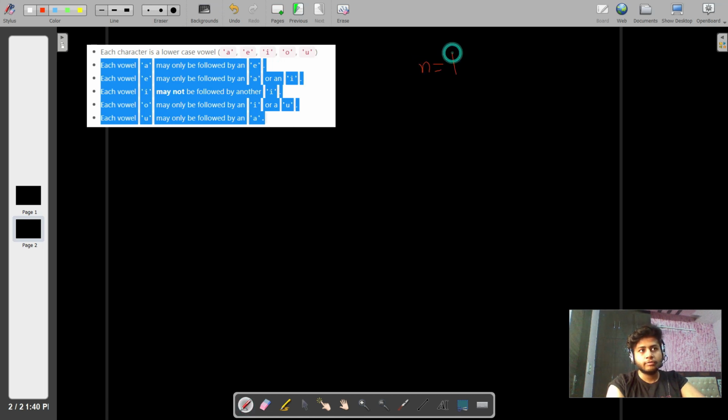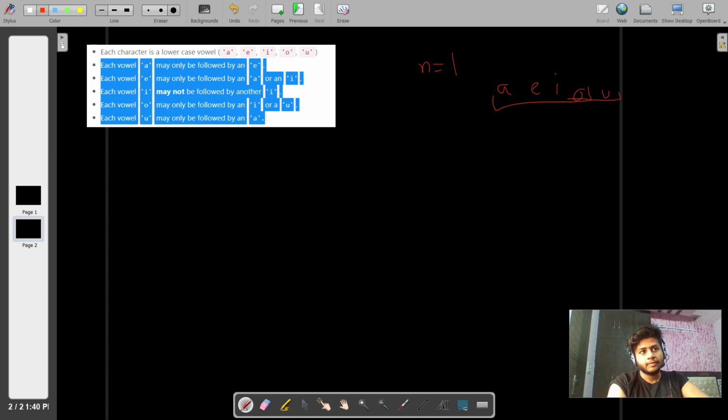Let's take n equals to 1. What we have to do is tell how many numbers can be formed by following this kind of rule, like a can be followed by e. For n equals to 1, we can take only a, e, i, o, u, because there are individual elements at one time. So for n equals to 1, we have 5.